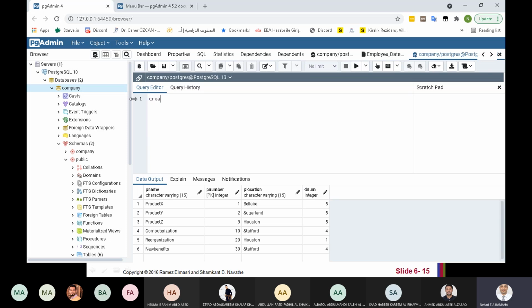For example, I want to create a domain. Okay. Let's name it anything, names domain, for example, or names type.